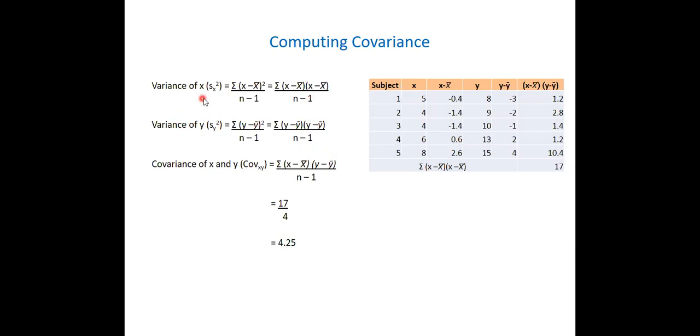The same thing for y. Variance for x is this, variance for y is this. But the covariance between x and y, what does it mean? We just represent one by x and the other by y, just for ease of identification. So if you now talk about covariance, all you need to do is x minus x bar, y minus y bar, over n minus 1.